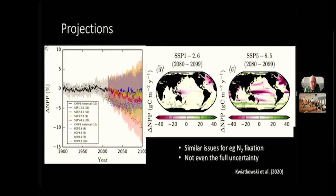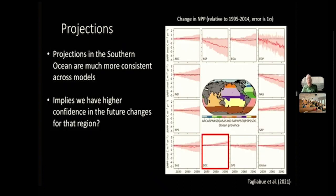If we go back to this slide again, you can see it's one of the only places where there's any stippling on the map, okay? So this perspective that the Southern Ocean is becoming more productive with climate change emerges from a very high consensus from climate models, okay? And that presents, again, an interesting message for policymakers. It suggests that we have